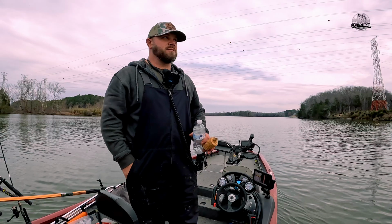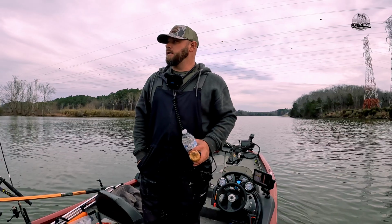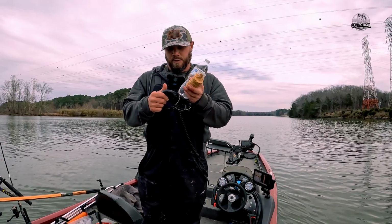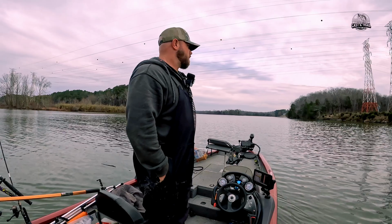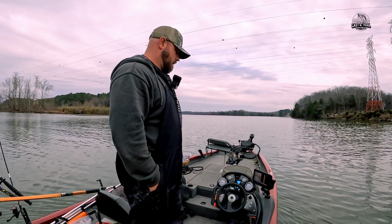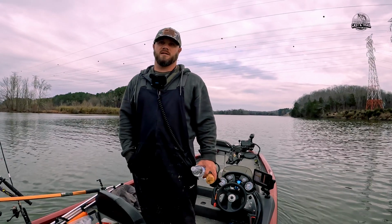Scanned over a few things when we were kind of getting back, working our way back over to this area. And we're just going upriver. About 0.4 is what we got the trolling motor at. Our heading's 45 degrees. So we're gonna keep kind of just dragging along this. Try to stay somewhat in the river channel. I did scan it real quick when we were pulling up here, saw a few structures, some trees, maybe a